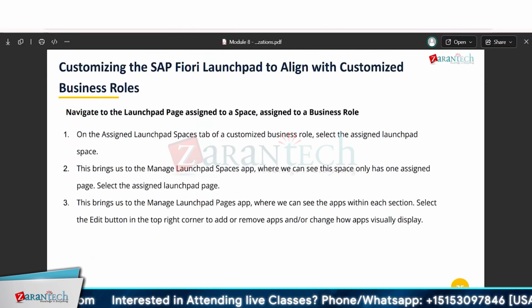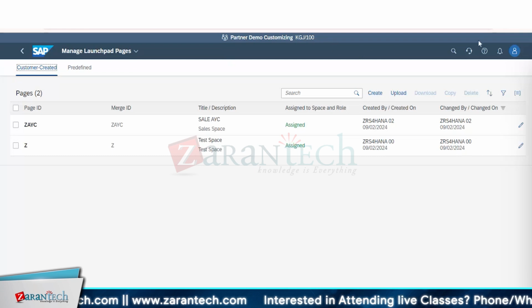Now we are going into the next section. Navigate to the launchpad page assigned to a space, assigned to a business role. That we did. On the Assigned Launchpad Space tab of the customized business role, select the assigned launchpad space. This brings you to the Manage Launchpad Spaces app, where we can see the space only has one assigned page. Select the assigned launchpad page. This brings us to the Manage Launchpad Pages app. So basically, when we were earlier doing the business role,